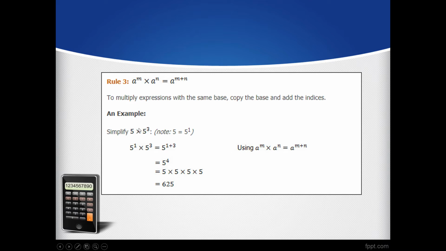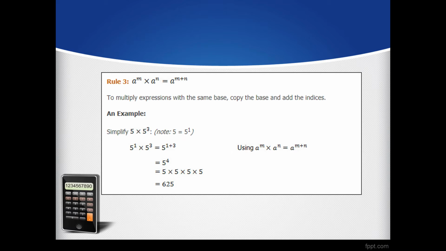Let's say for example, simplify 5 multiplied by 5 cubed. Take note that the exponent of 5 here is 1. 5 raised to 1 is still 5. Multiplied by 5 cubed, that's equivalent to 5 raised to 1 plus 3, so that's 5 raised to 4,